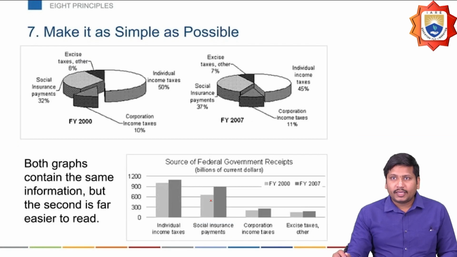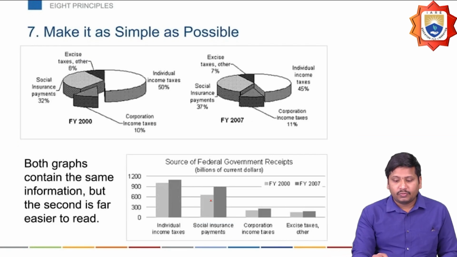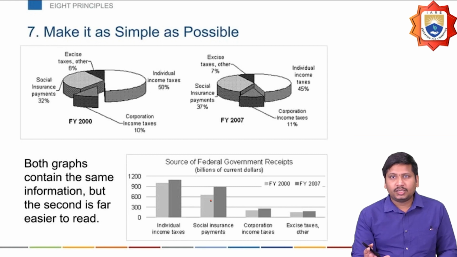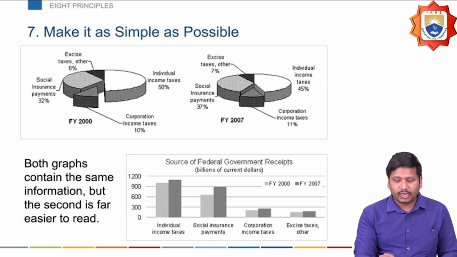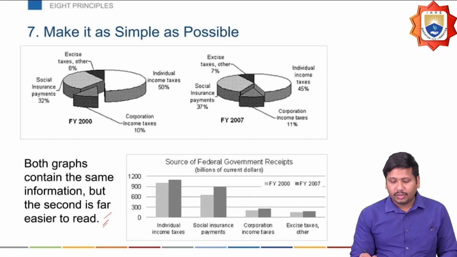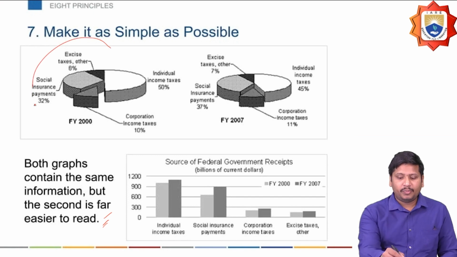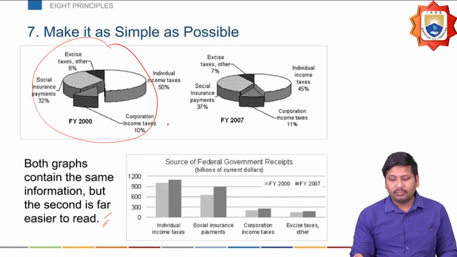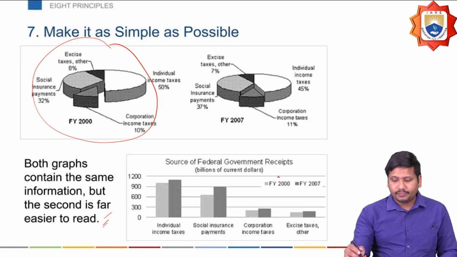And next one, make it as simple as possible. Normally, instead of representing the whole content in a single item, it looks very clumsy here. In order to avoid that, all the time the graph we are representing should be very clear. Both charts contain the same information, but the second is far easier to read. Here I'm representing this in the form of a pie diagram, and the same thing I can also elaborate